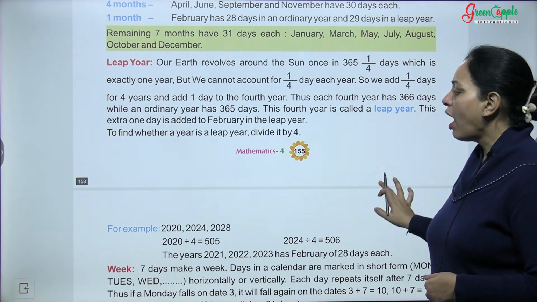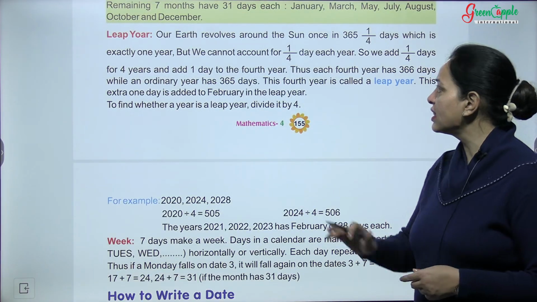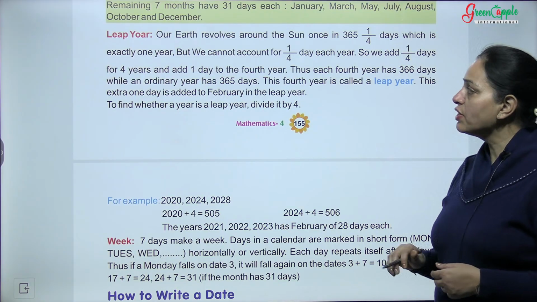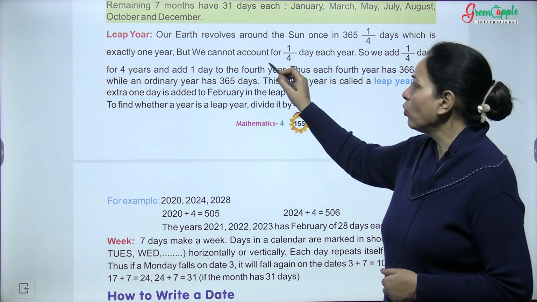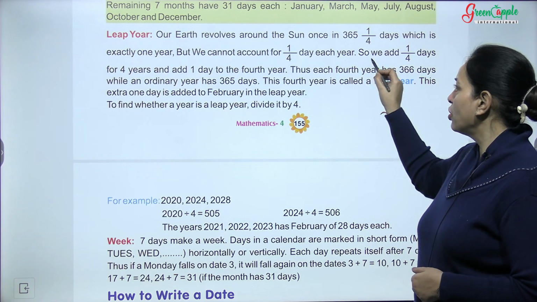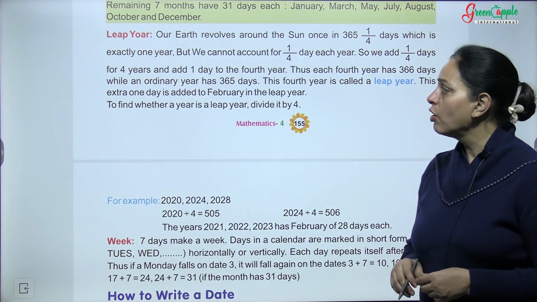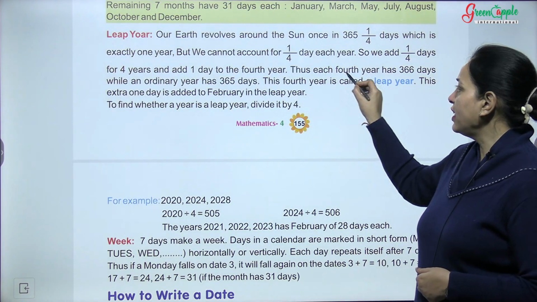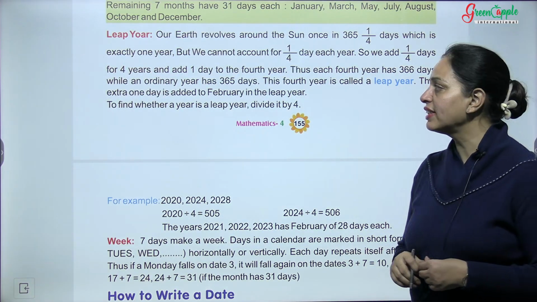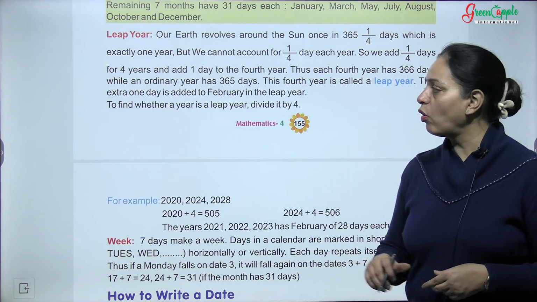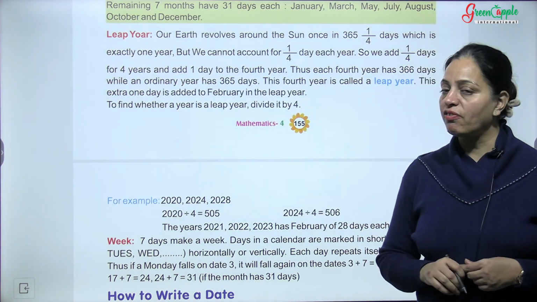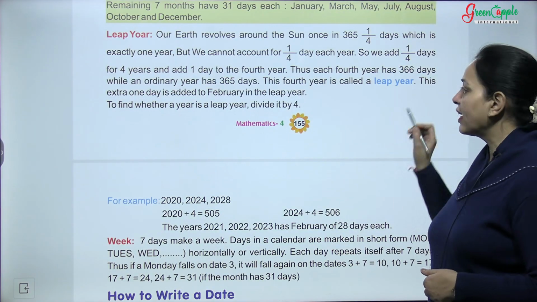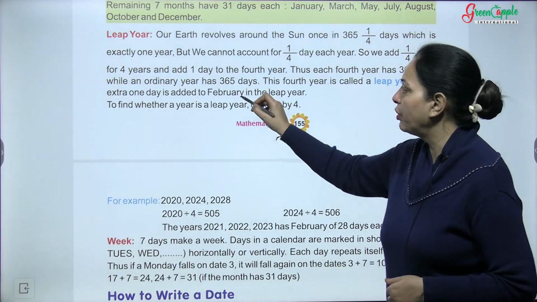Now leap year. Our earth revolves around the sun once in 365 and 1/4 days, which is exactly 1 year. But we cannot count 1/4 day each year, so we add 1/4 days for 4 years and add 1 day to the 4th year. Thus each 4th year has 366 days, while an ordinary year has 365 days. This 4th year is said to be a leap year, and this extra 1 day is added to February in the